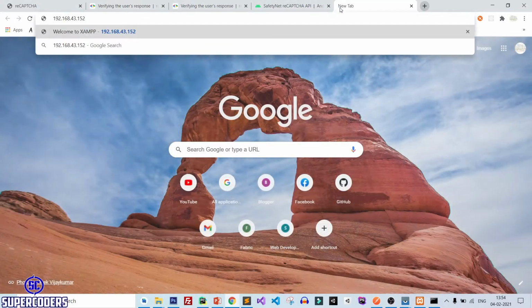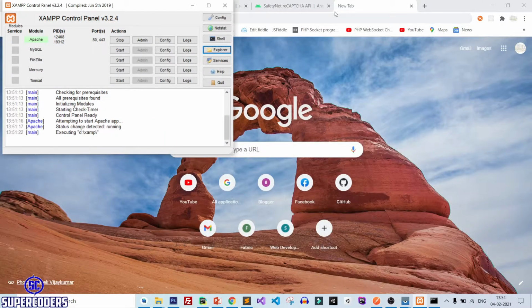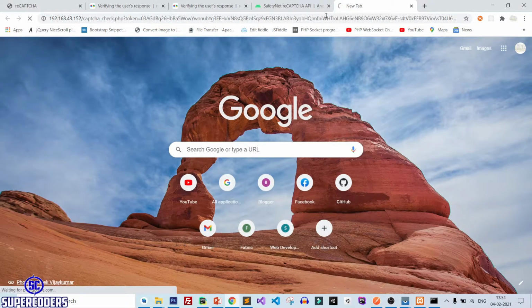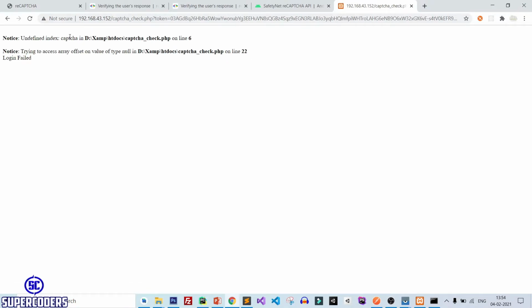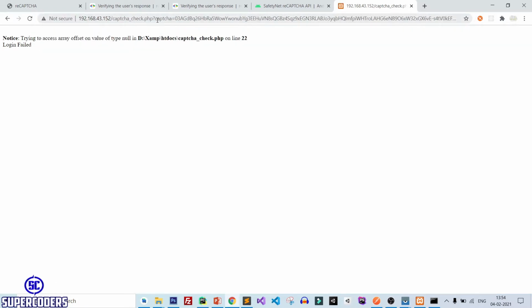Let's open this captcha check.php token equal to, let's try to pass the token, copy token, enter, and you can see okay, it should be captcha. And it is showing login failed.